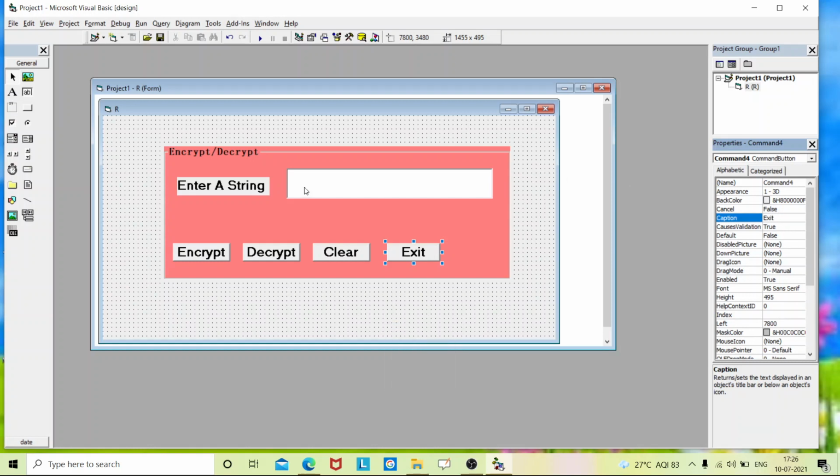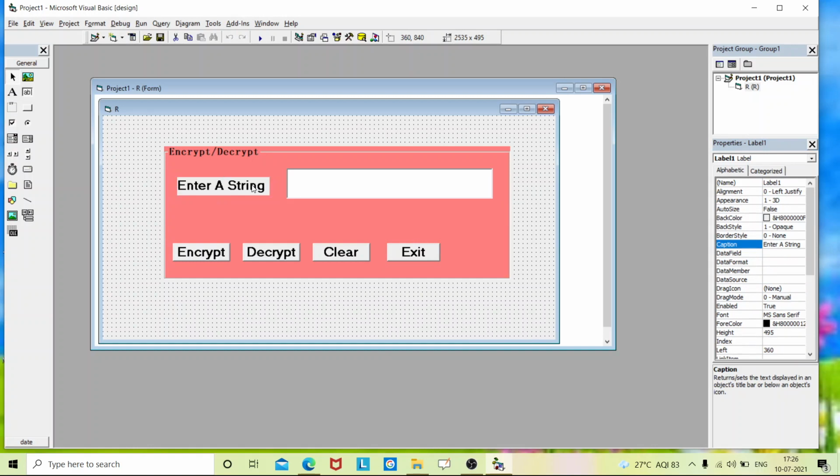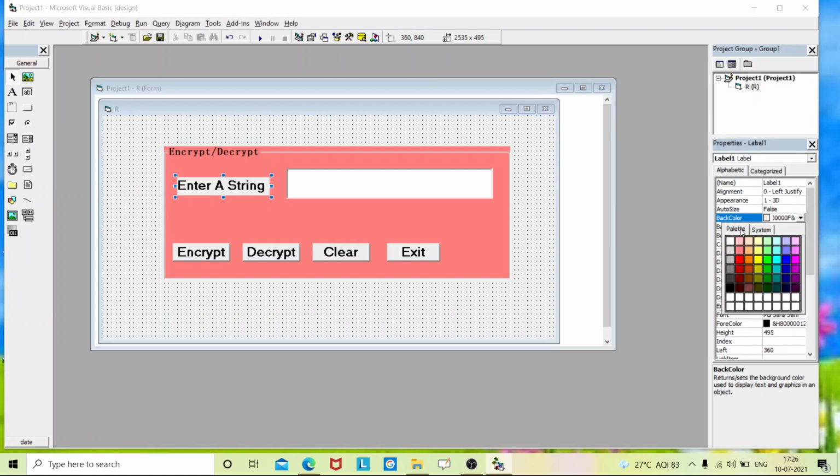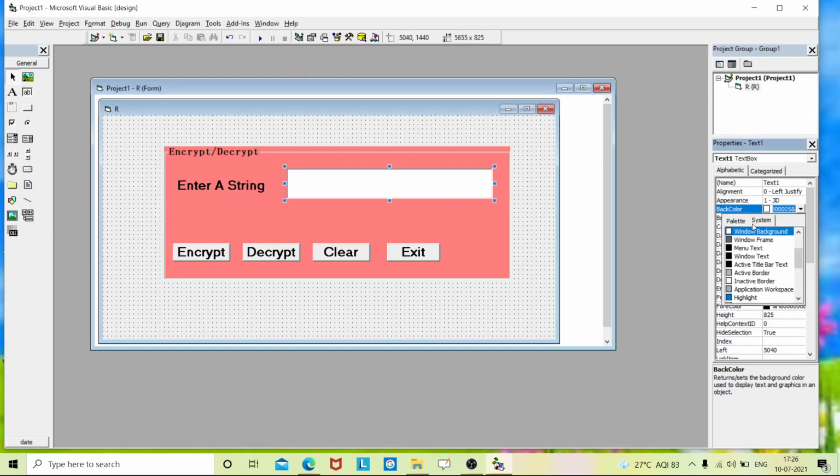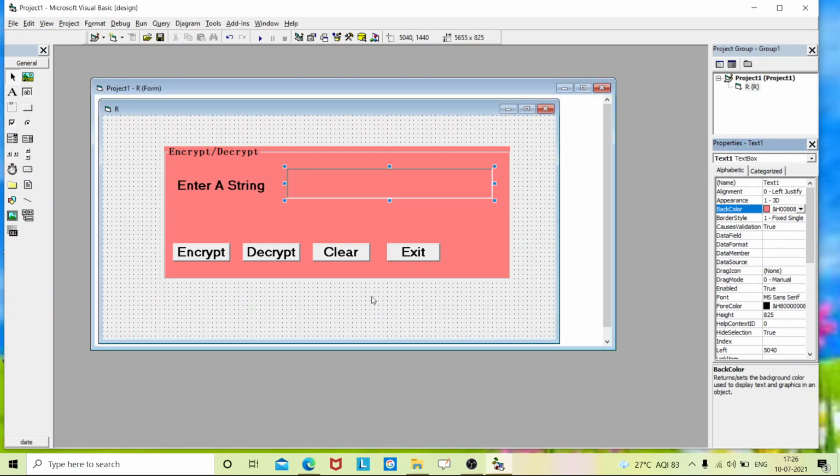So now we'll change the background of these controls, and similarly change it for the command buttons also.